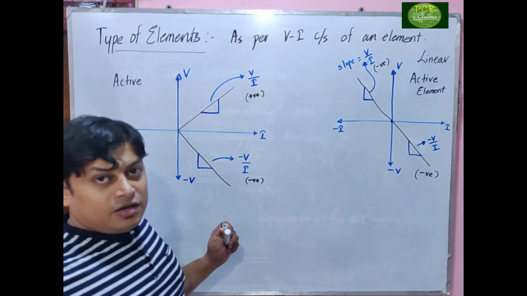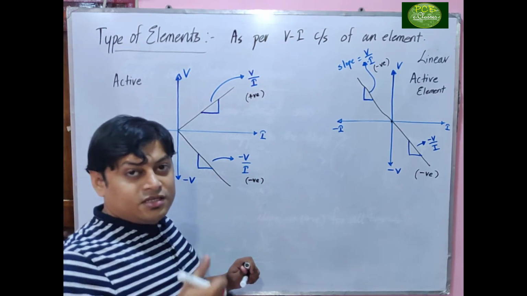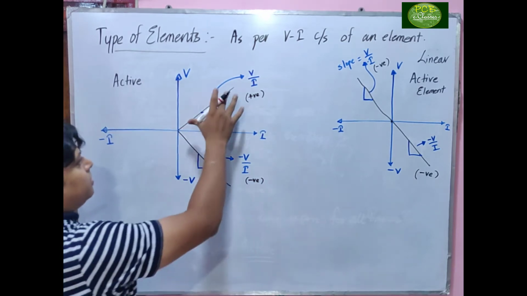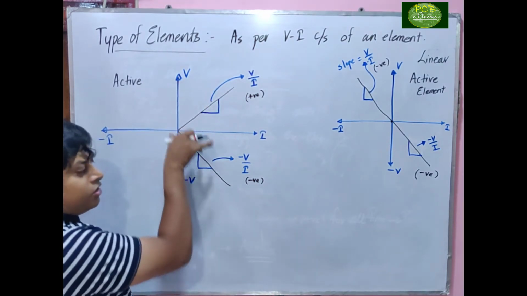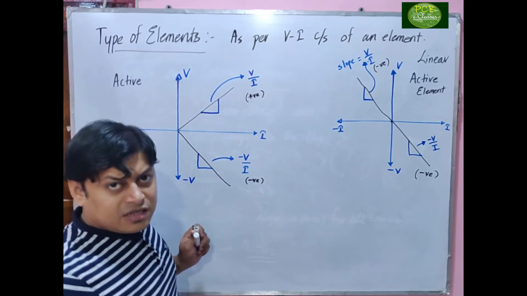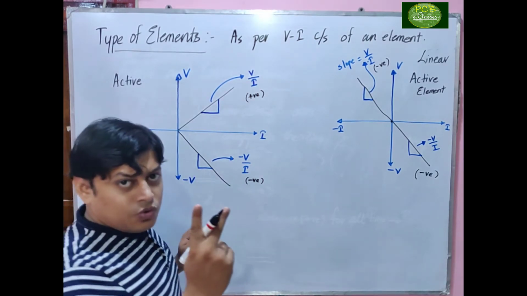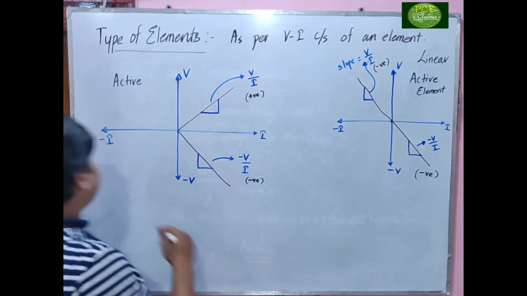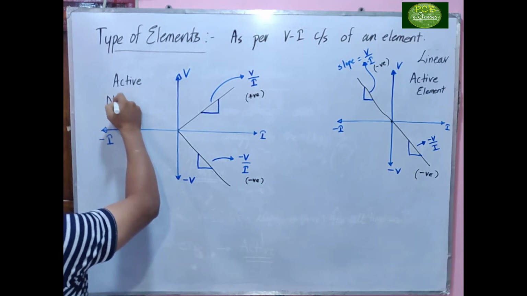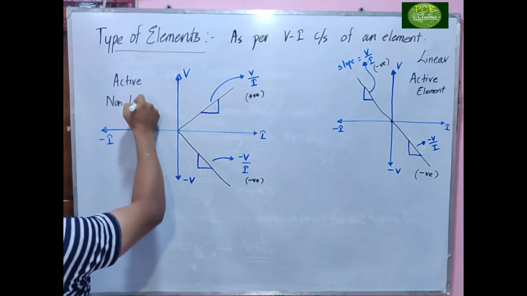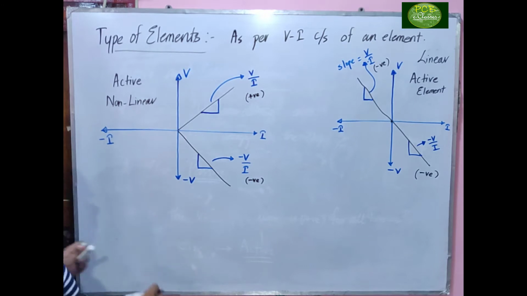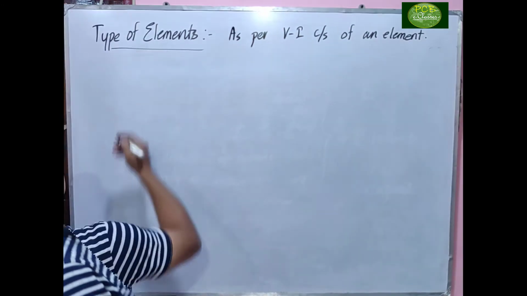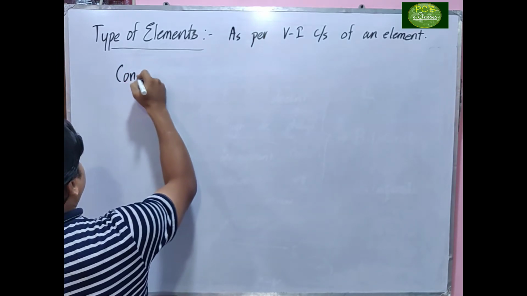Now, we'll revise the previous one. Is it linear or non-linear? What are the three conditions? It should have a single straight line equation. Is it? This is a straight line, and this is a straight line. Two different straight lines are there. How many straight lines are there? Two. That means it is violating the condition, so it is non-linear in nature. Clear?